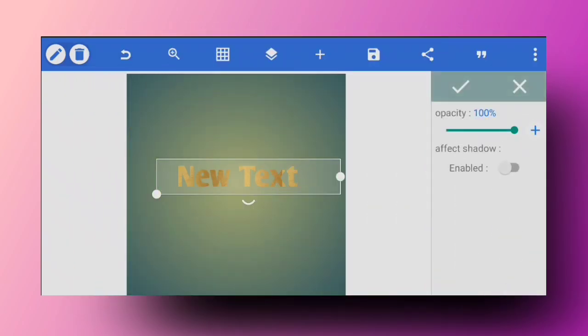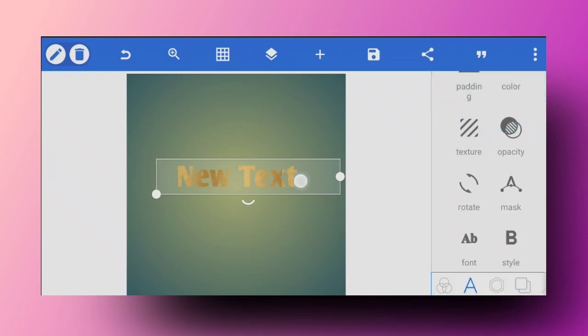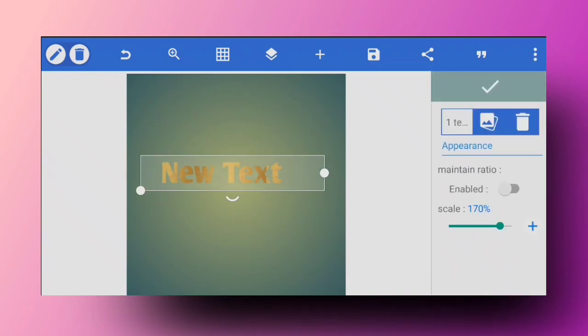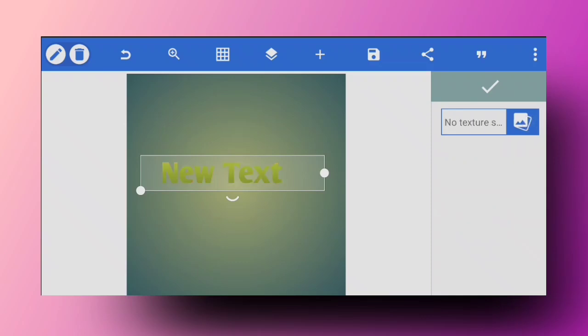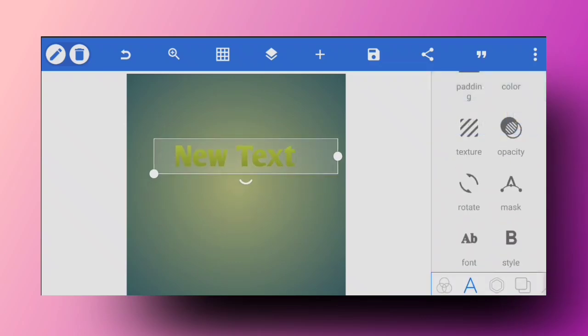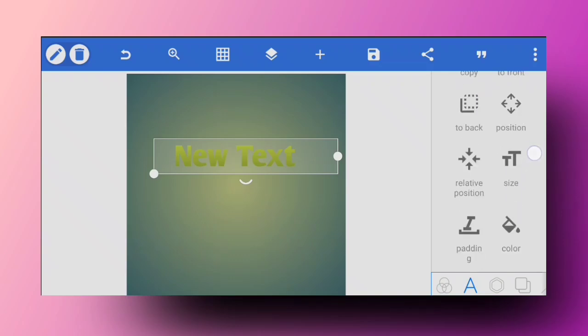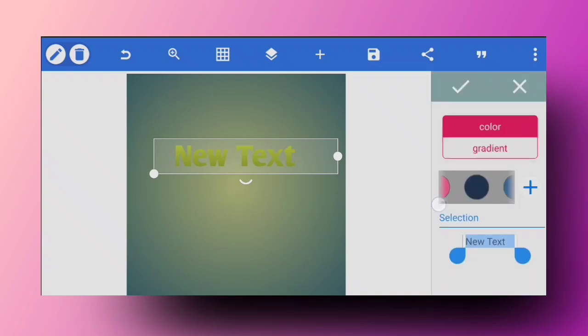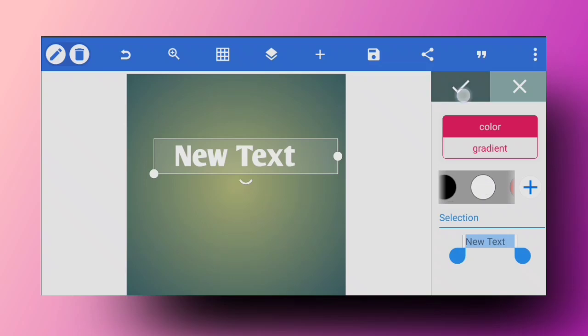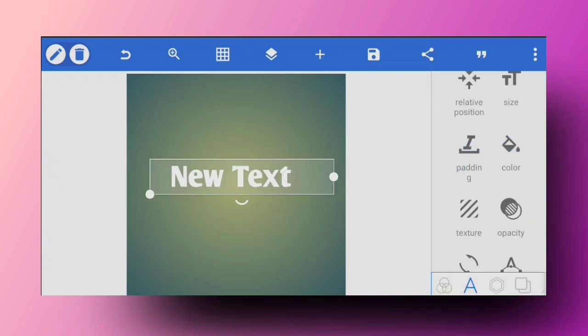Moving on, opacity is similar, in that you can control how much the text is showing. So you can dim the text and use it as a background. Sometimes I really do use text as a background, as you can see on the screen. And this is how you can lower the opacity. If you go to texture again and delete this one, it will also delete the texture layer, and you will get your normal text like this over here. You can also change the color. So if I want to change the color to white, it is now like this.